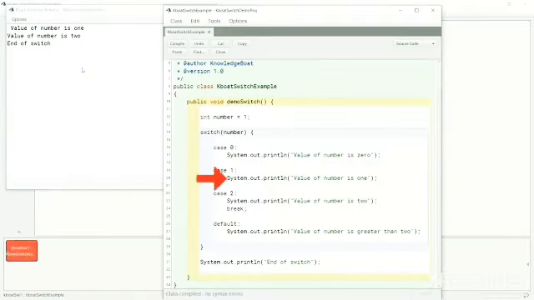This time case 1 gets executed, then program control falls through to case 2. Println of case 2 gets executed, but since case 2 now has a break statement, it transfers the program control to the end of switch statement over here, and the println of default case is not printed.